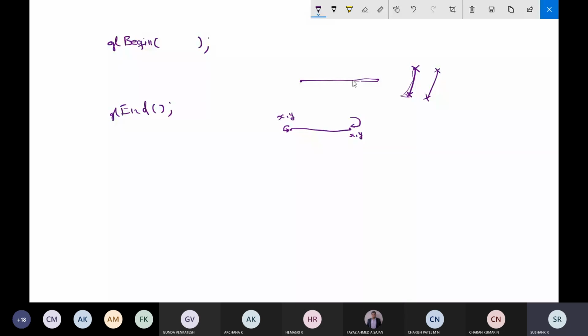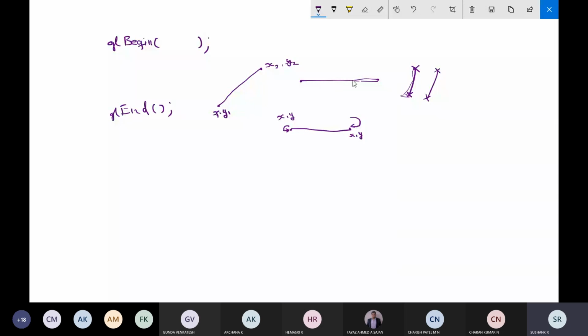So this OpenGL function gives you a way to add one or more lines, and line segments or lines are defined by endpoints, that is, coordinate positions of the starting point and the ending point. If you take this as x1, y1, you can take the other as x2, y2. So this is how the line will be interpreted.